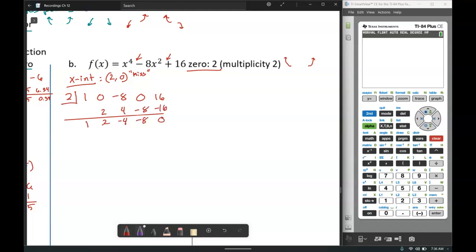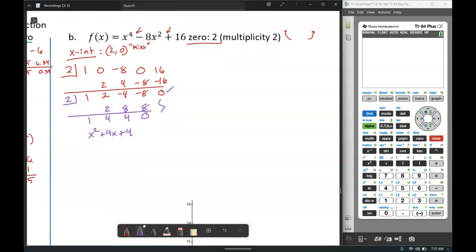We've got our remainder of 0, so that one checked out. Now we'll do synthetic division again with the second zero of 2 that we have. And we're left with x squared plus 4x plus 4. Now, x squared plus 4x plus 4 is a perfect square trinomial, so it factors to be x plus 2